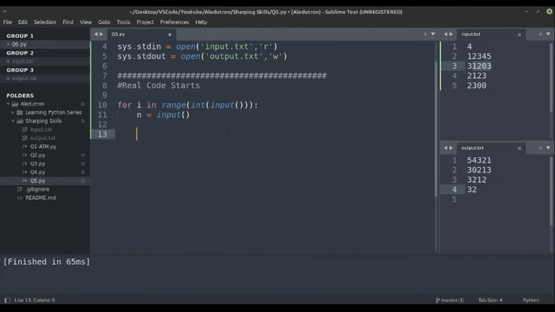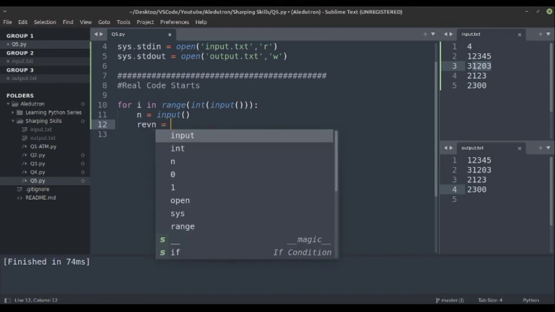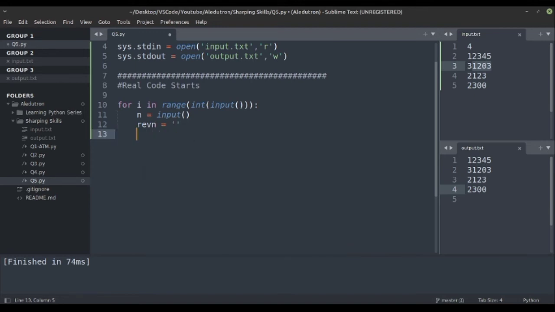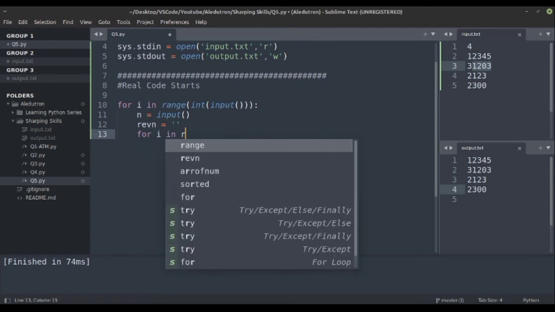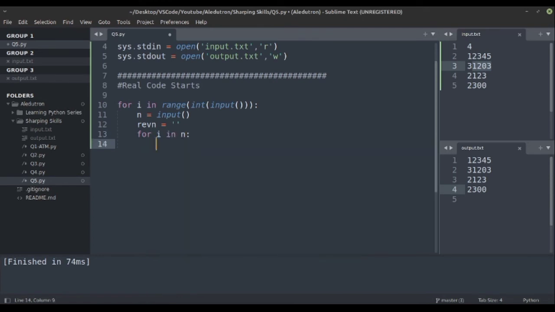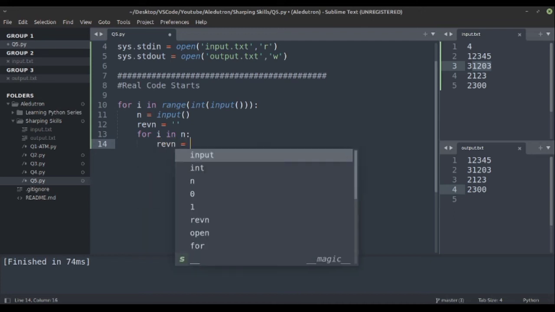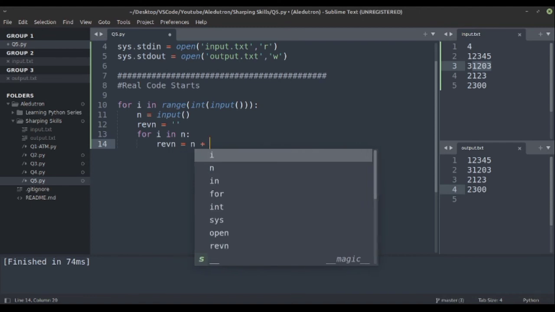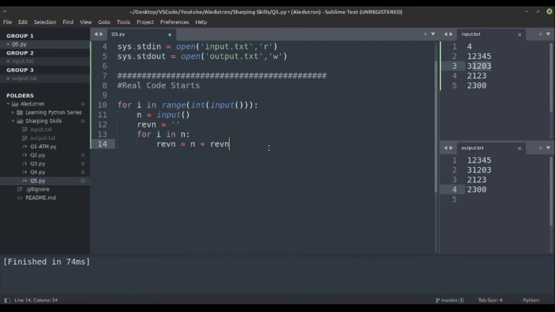As we are taking a string, let's print and see what n contains. It will contain 1 2 3 4 5. So what we can do is take a variable, reverse n, revn, and initialize it as an empty string, and then for i in n, for i in that string, we will set revn equal to the string i plus the original revn.